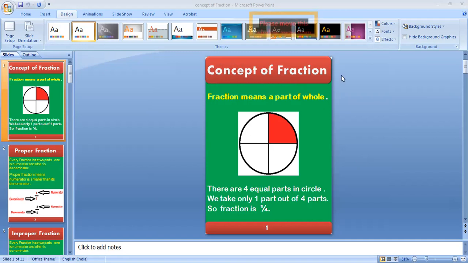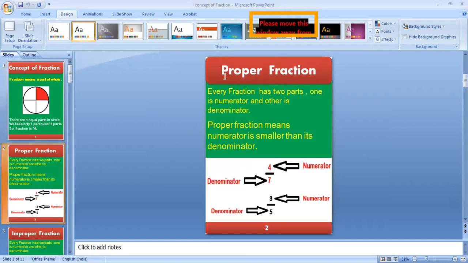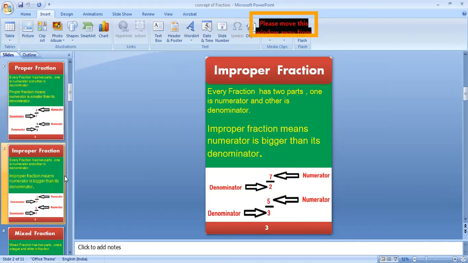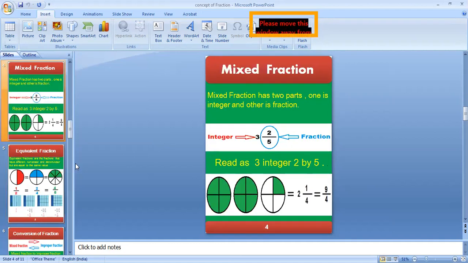In the same way I can write this word and select the color. This image I draw in Paint, and I can copy and paste it here. So it is very easy. Now in the second one, I can take a title, proper fraction. I give the definition, writing it using a text box, which is in the insert option. Go to the text box and you can write. You can also increase and decrease the font size and color, whatever you want. And this one I draw in Paint, and here I can paste it. So you can easily make a flashcard according to your choice.